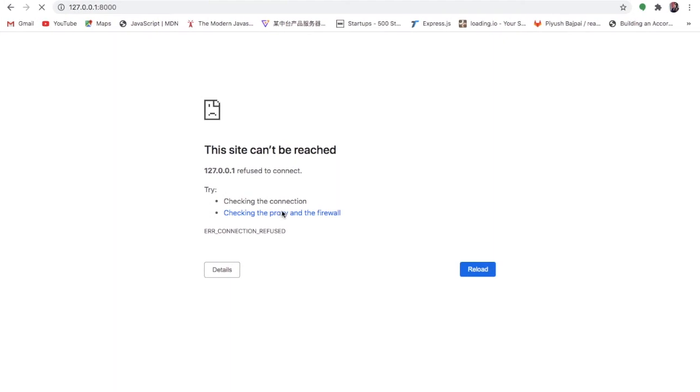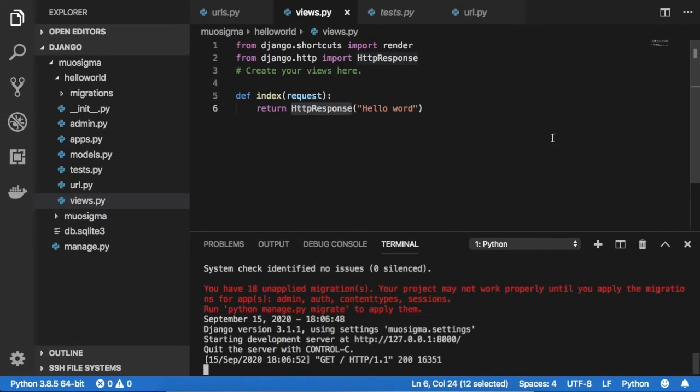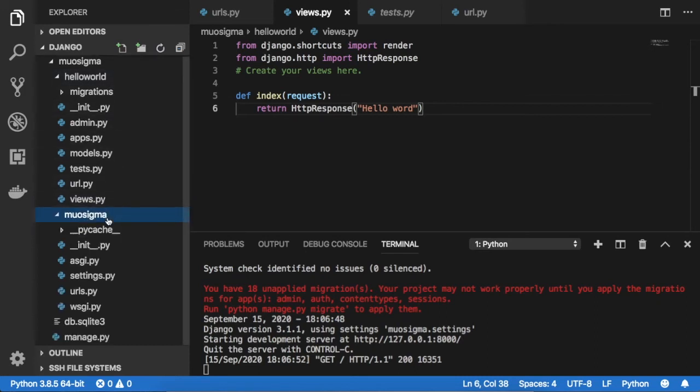And now when I refresh this one, you can see there are no changes. The important thing is, I made changes inside this app, but I have not made any changes inside this project. So I need to do some changes inside the project too,